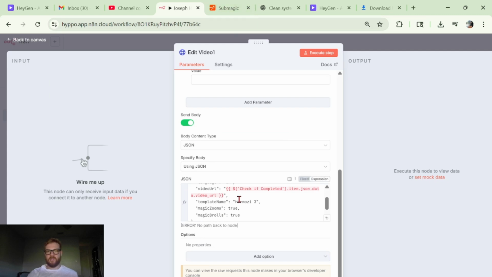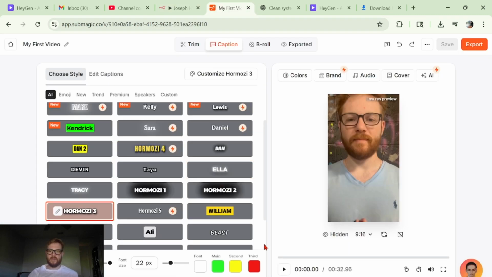The template name, that's just for the captions you want. I have mine set to